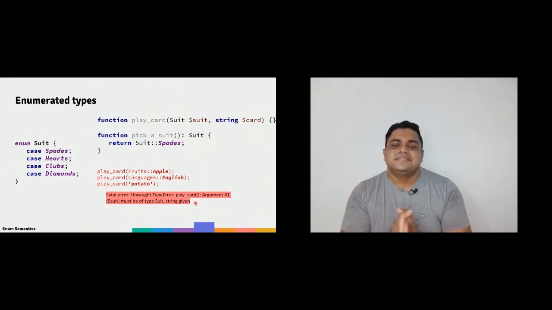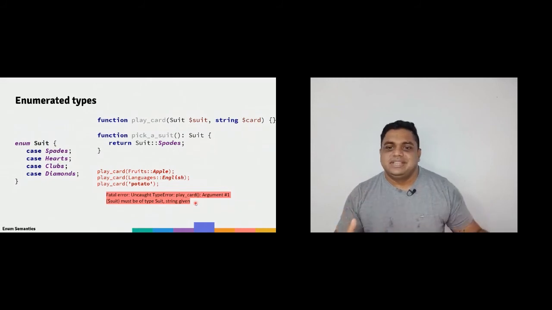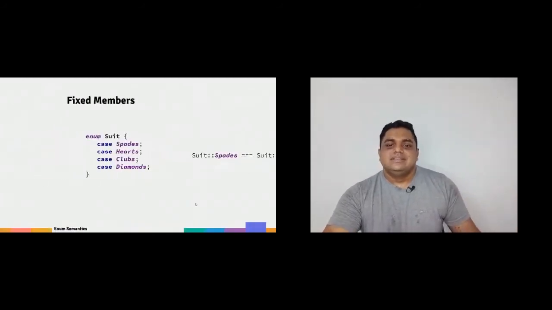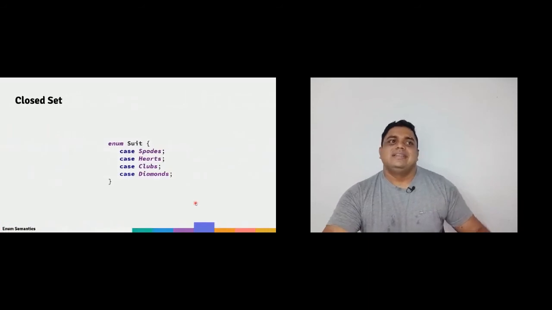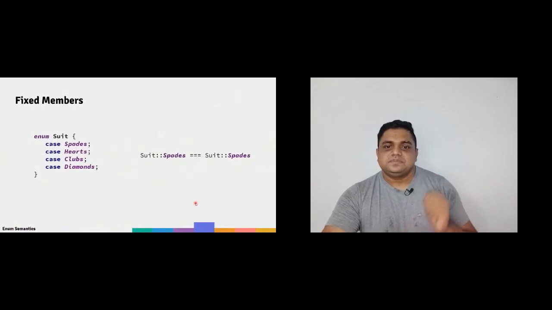So this is the first thing, the first advantage we have with enums is the type validation. PHP will do this everywhere that we use it as a type. And this is a closed set, as in all the values are contained in the class, and you cannot add new ones, you cannot take the existing values away. So you can be guaranteed that if you declare an enum, these values will be fixed. So the members are fixed.